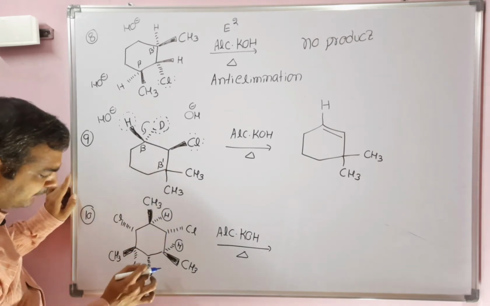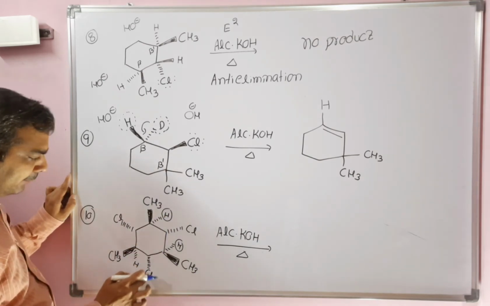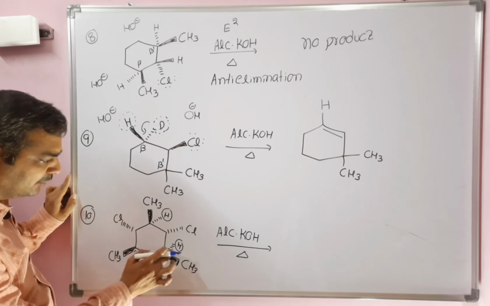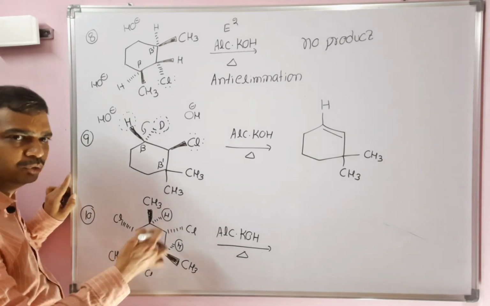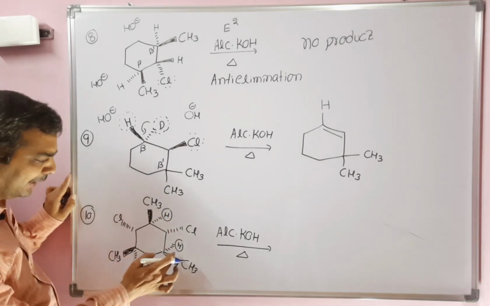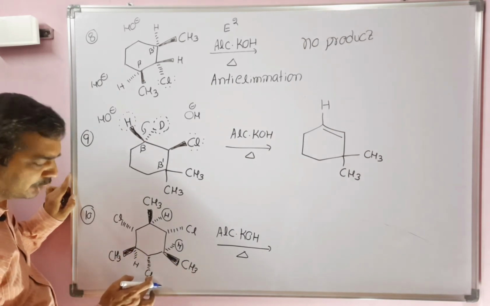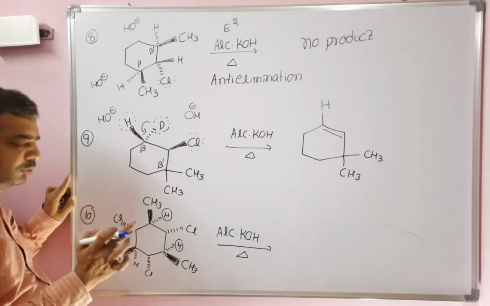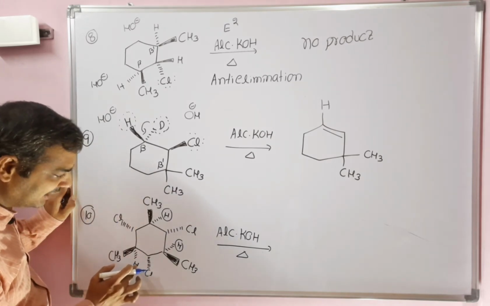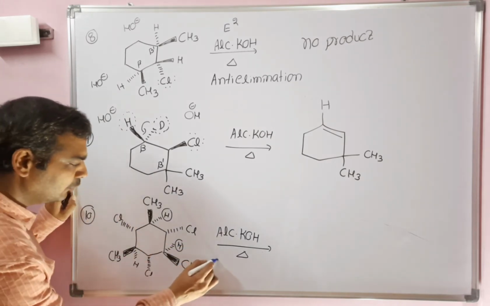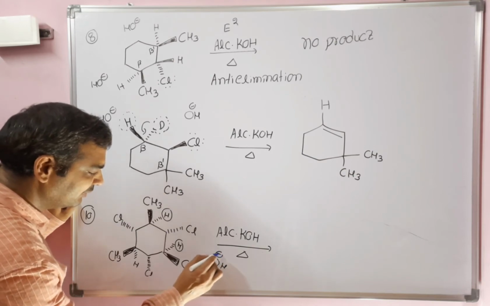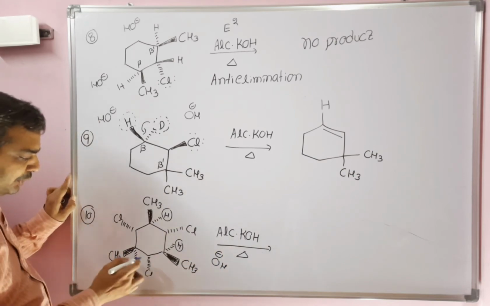Coming to this chlorine, again this is below the plane. 2 beta carbons are there, 2 beta hydrogens. Those 2 beta hydrogens are still below the plane. This is below the plane, this is below the plane. That means same plane with respect to the chlorine. It is not possible to abstract a hydrogen. Why? Because while abstraction, lone pair repulsions will take place with this chlorine. So these two are also not possible.